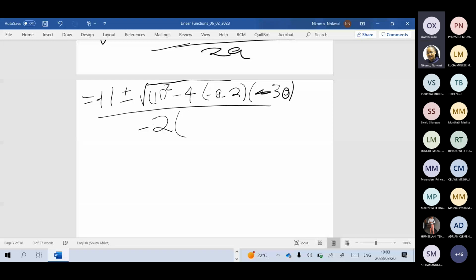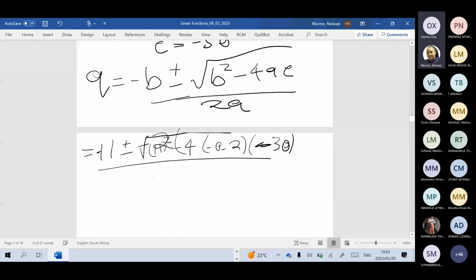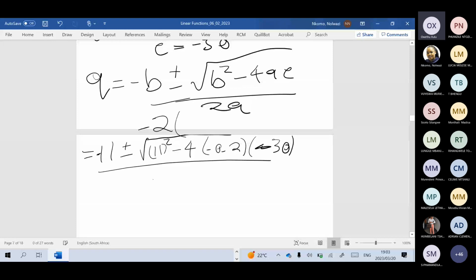We have Q equals minus 11 plus or minus the square root of 11 squared minus 4 times minus 0.2 times minus 30, over minus 2 times minus 0.2, right? And if you punch this in your calculator, you should get Q equals minus 11 plus or minus the square root of 97 over